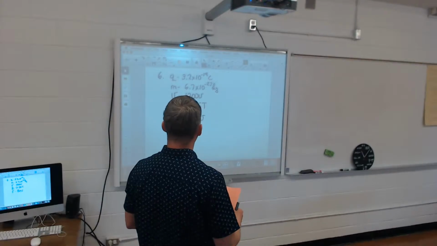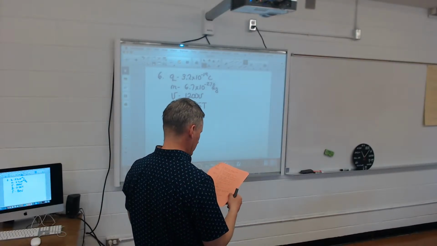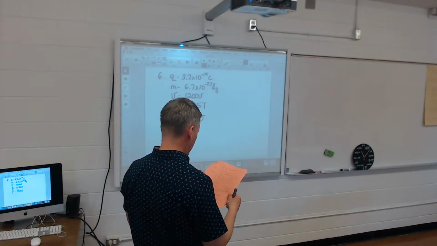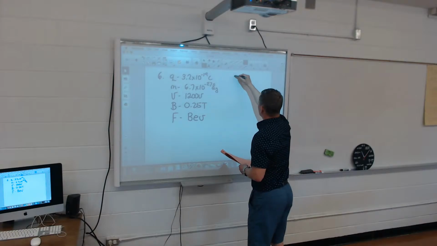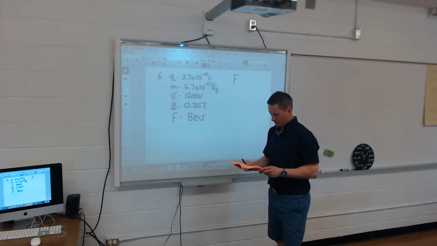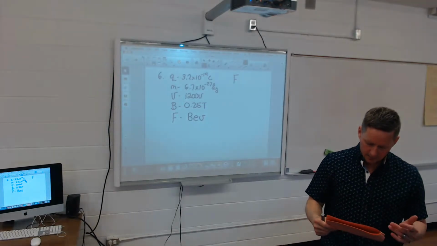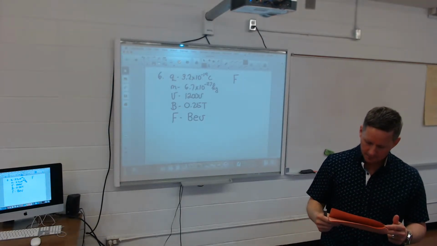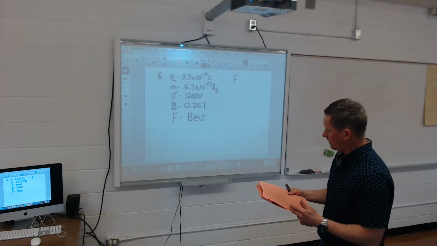Do I need that voltage? Alpha particle, potential difference 1200 volts, and then enters a magnetic field, magnetic force acting on it. So I need